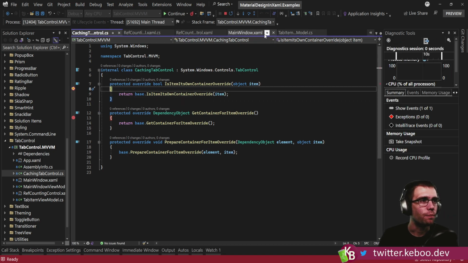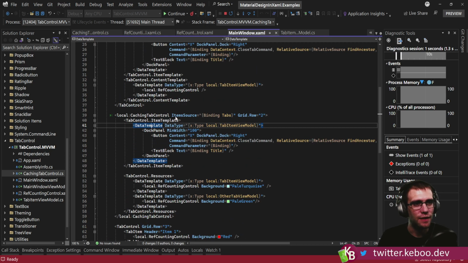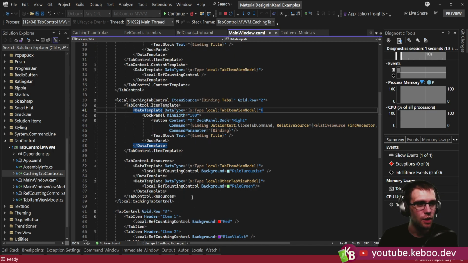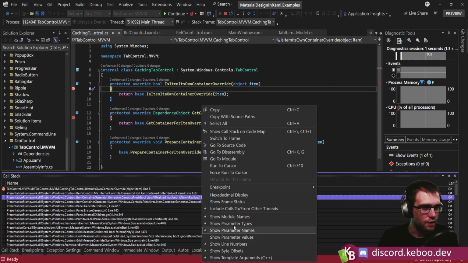Okay. So first breakpoint hit. And recall that this is our middle tab control, the one where we had some implicit data templates targeting the other tab view model type and the regular tab view model. So if we come in here, we're going to go to the call stack. So one other thing to be aware of,